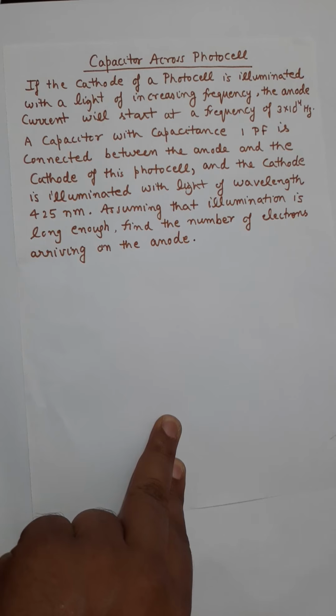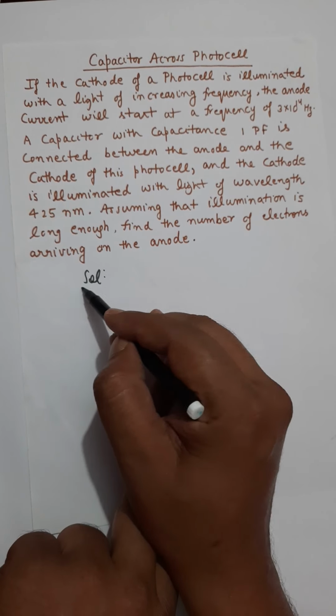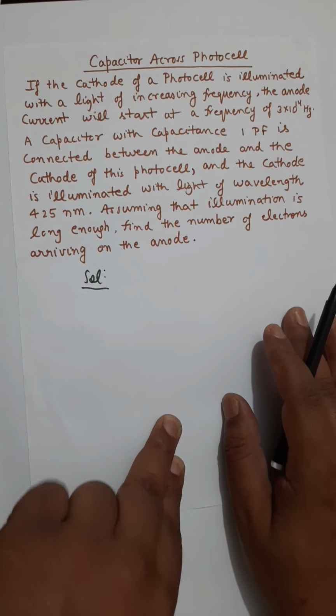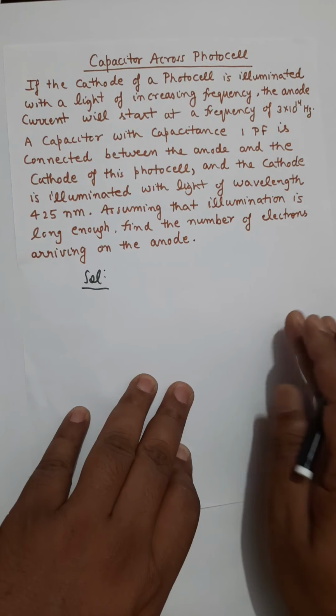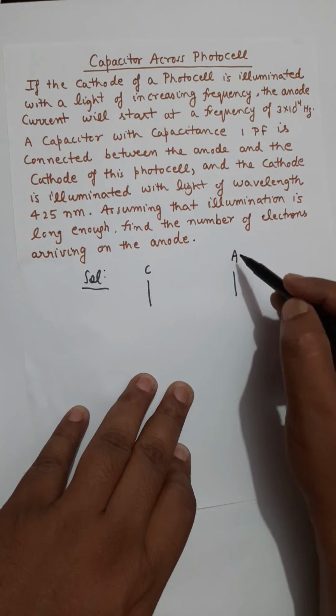सो अगर इसको सॉल्व करा जाए तो जैसे कि आप देख सकते हो इसके क्वेश्चन पार्ट में ऐसा बोला गया है कि वी हैव टू प्लेट्स विच आर कैथोड एंड एनोड. So if you have cathode at this point and anode at the other point, let's say cathode and anode,